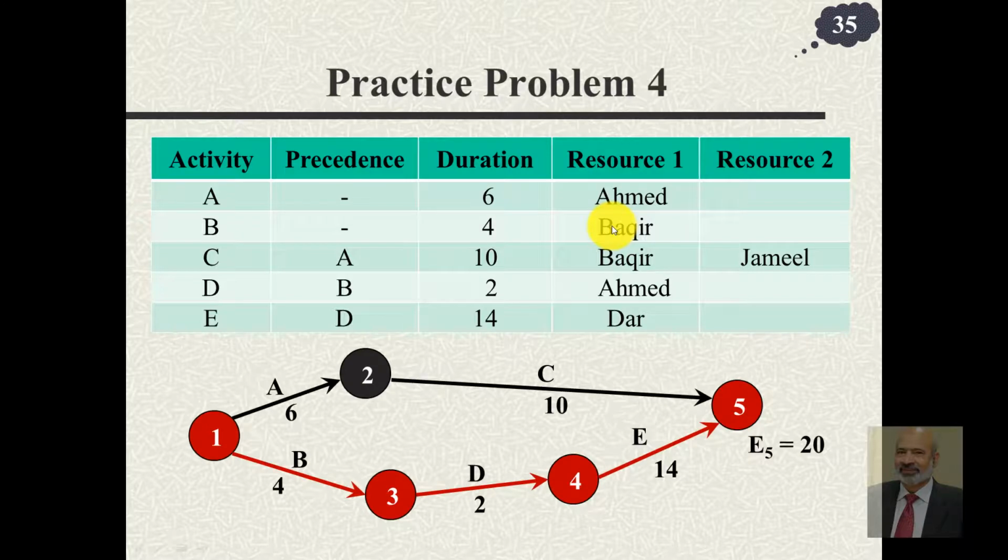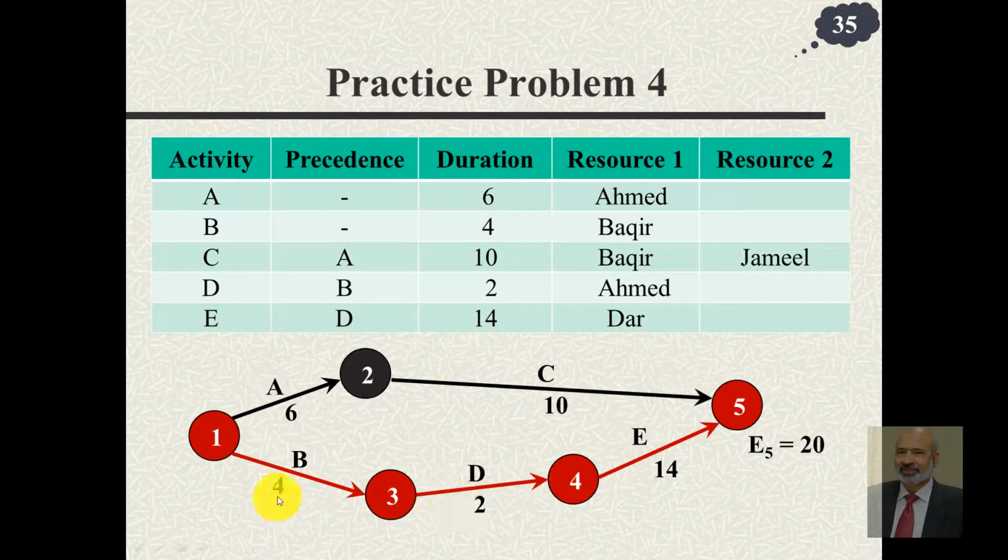The arrow diagram or network diagram of this small problem can be drawn like this. We are now conversant with the method that we find the completion time. So I will not repeat the whole process of writing EIs and LJs, etc. So simply we would say that adding up these times, because of these precedences, C follows A, D follows B, and E follows D here.